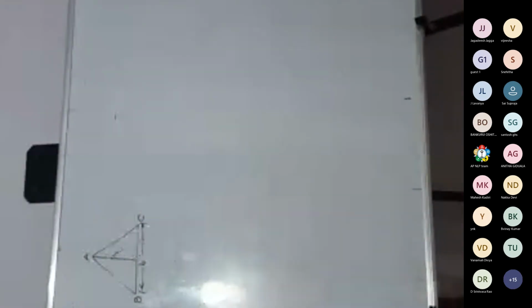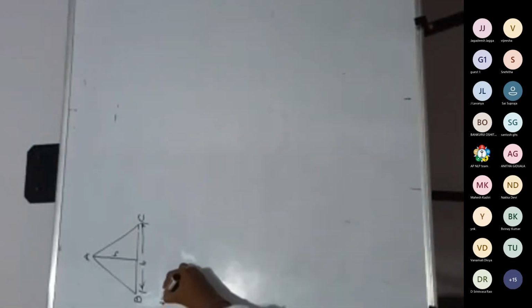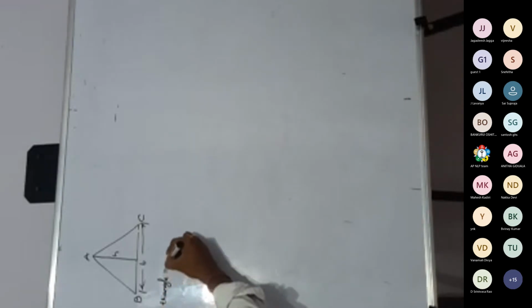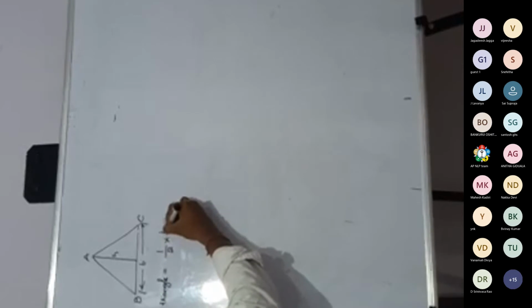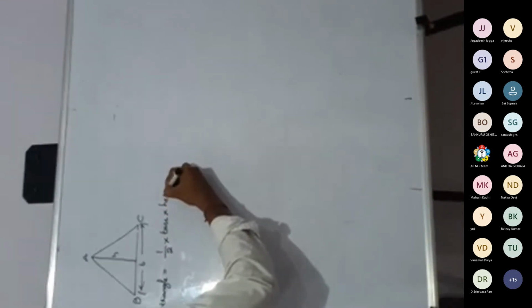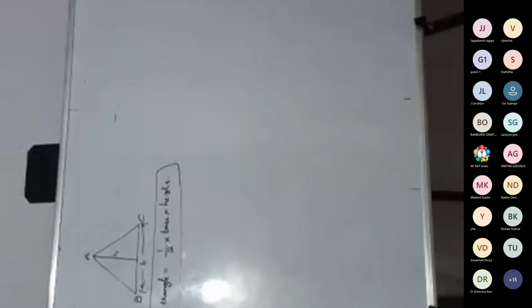This is called the height of the triangle. From the middle of the side to the vertex, we can call it the height of the triangle. And we can take this as the base of the triangle. Then what is the area of the triangle? Area of the triangle is half of base into height. This is a very basic important formula. For calculating the area of any triangle, you should know this formula. Half of base into height. This is the area of the triangle.